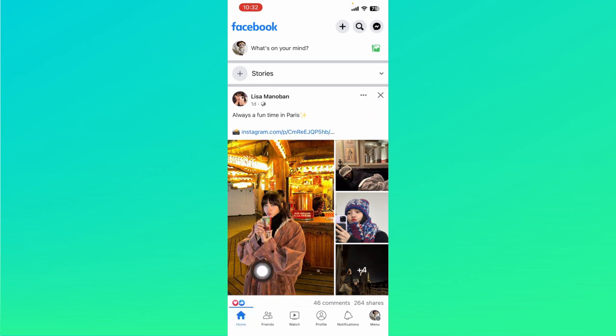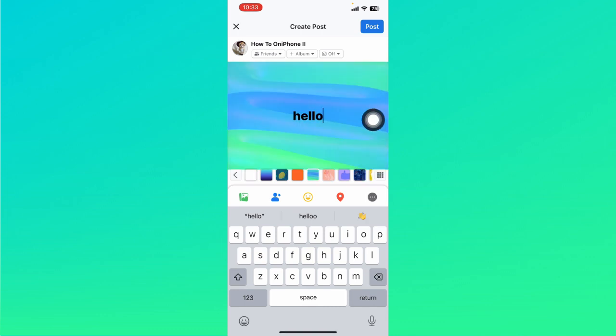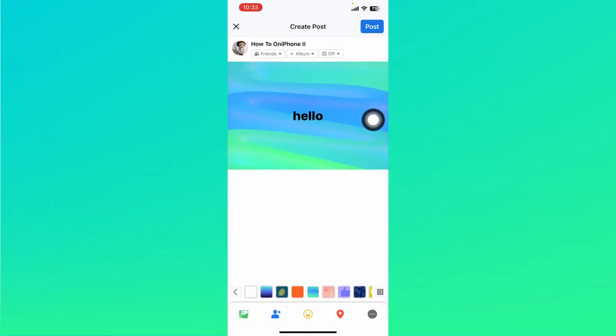So let's go to the homepage right here and click on what's on your mind. Now you should be able to type in a text or add a photo right here. And so I'm just going to type in a text and also add a specific background that is listed in here. And then the feature that we should focus on is this one right here, which can say friends or public on your side,